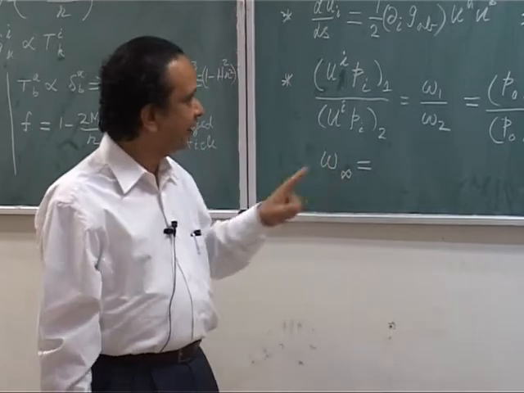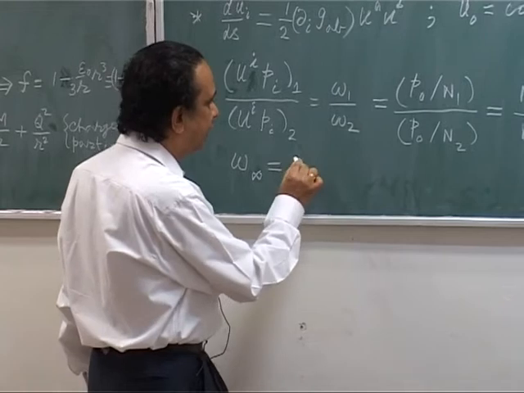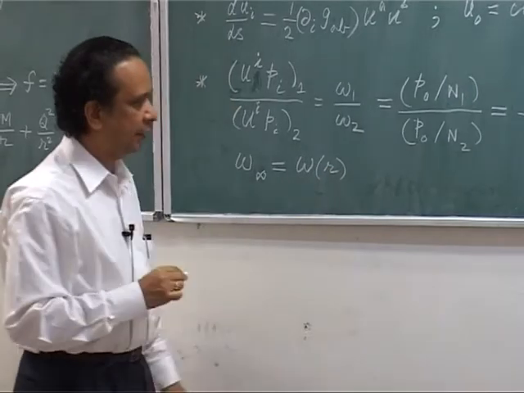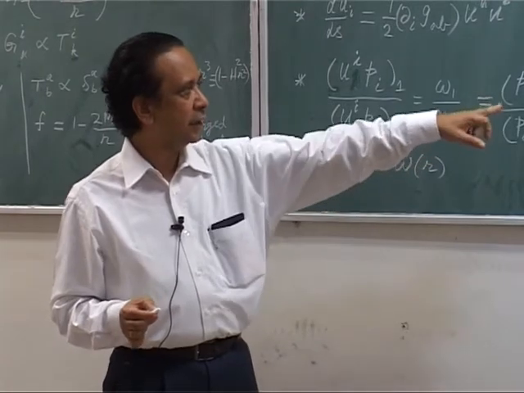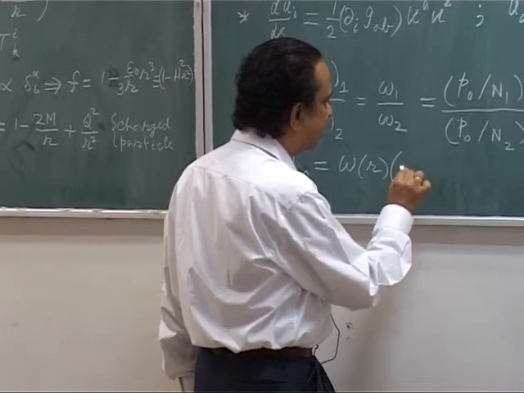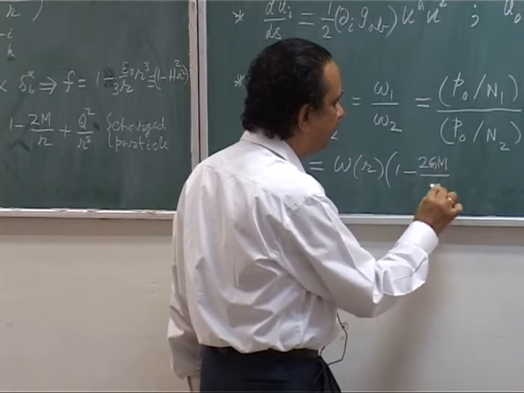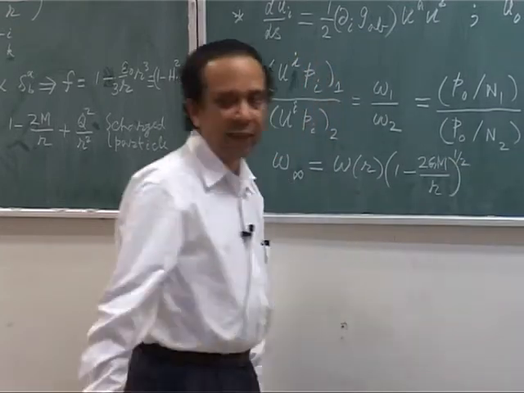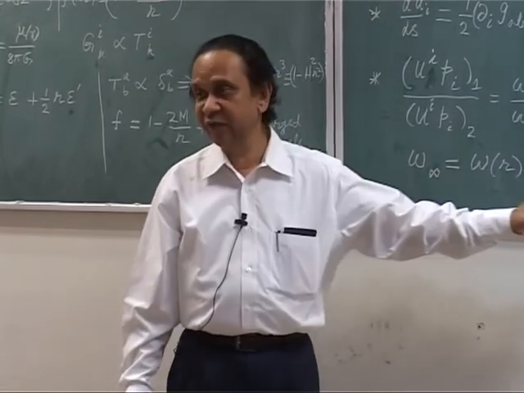So if I take omega at infinity, 1 is now infinity, it has to be omega at some point, let us say r. I am now coming back to the spherically symmetric case. This is my omega 2. So omega at infinity is omega at r into this complete ratio. So that is n at r, which I can take to be, let us say, (1 minus 2GM by r) to the power half, divided by n at infinity, and n at infinity is 1, right. So in the Schwarzschild metric this is the specific result.